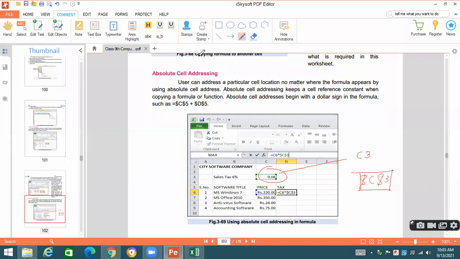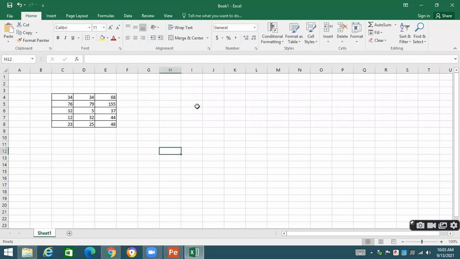Students, when you want to keep the address constant, this is the key term that we need to understand. When we want to keep the cell address constant in our evaluation, we are going to apply this in this way. Let me show you the practical example. Let's suppose I have taken the value of pi, I'm writing over here 3.142, and I am using this value over here in the function.